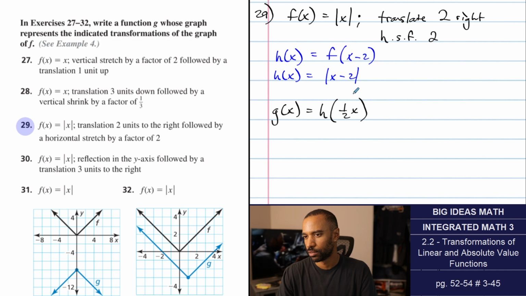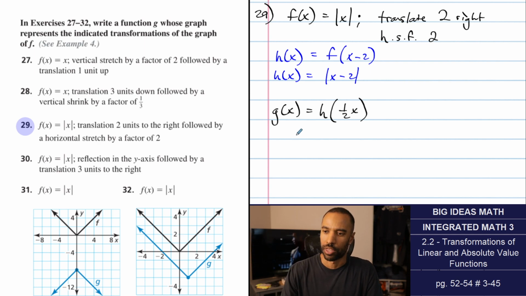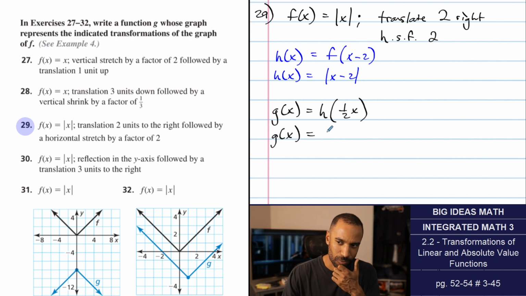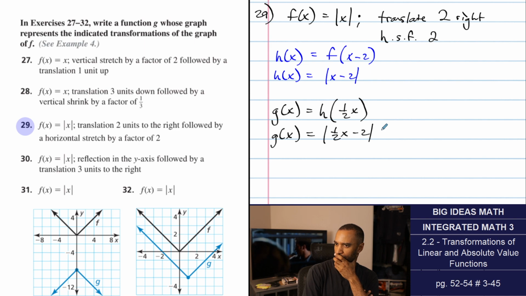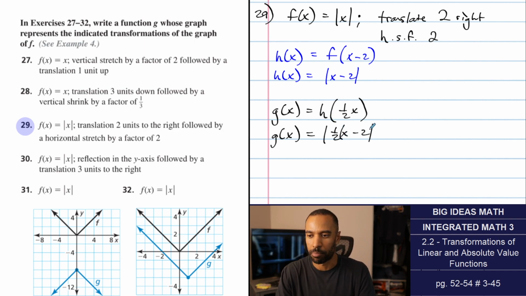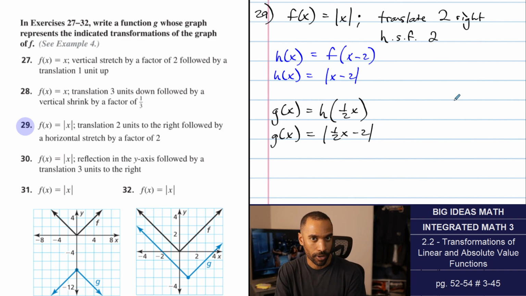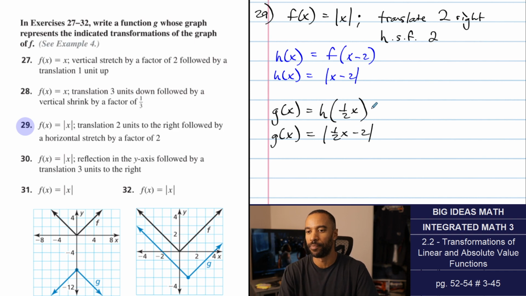I wrote something wrong. I don't know what it is. I want to think about that. This isn't what I... Oh, never mind. You know what? This is right. It said followed by a horizontal stretch factor 2. Okay, we're good. This is fine. I was thinking this needs to be in parentheses. No, it doesn't. It's only if it's the other way around. Because when we do our translations on our graphs, we're makeshifting the translation first when it shouldn't be. Okay, we're good. So this would be